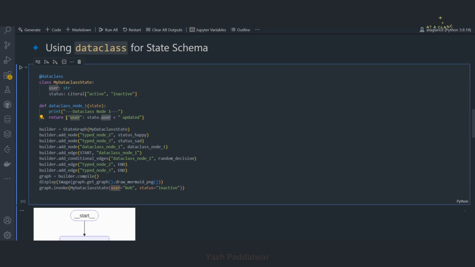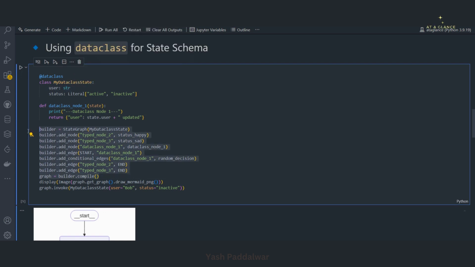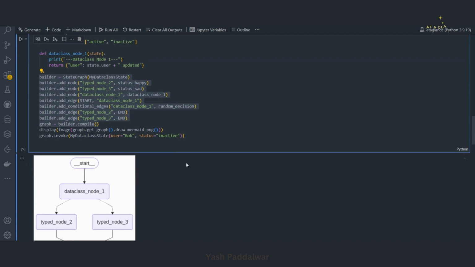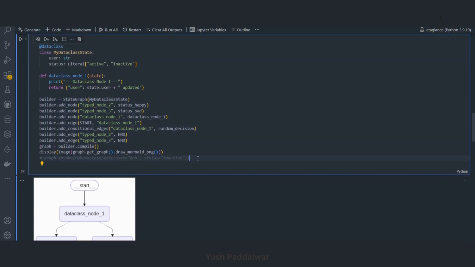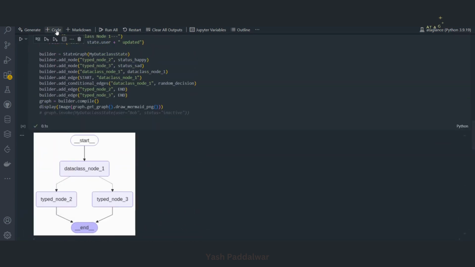So you can see everything is similar to the previous one, but the only change is this print statement, and then we have simply returned the updates in a dictionary only. But to access the values of the state, we used state dot user. So this will get the value from the user variable that we have defined in our state. And then all other things are same as previous. We have created the graph and that's it. Now let me execute this. Cool. Now let's add a cell,